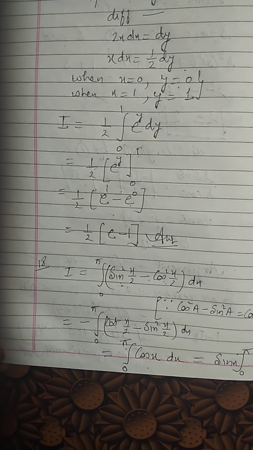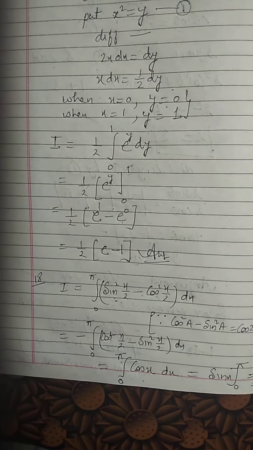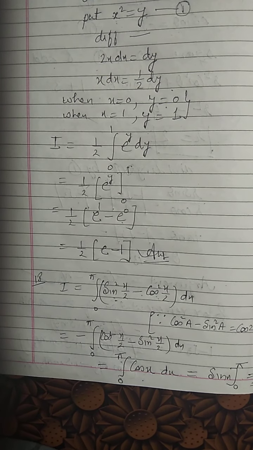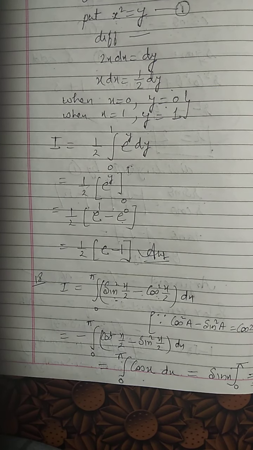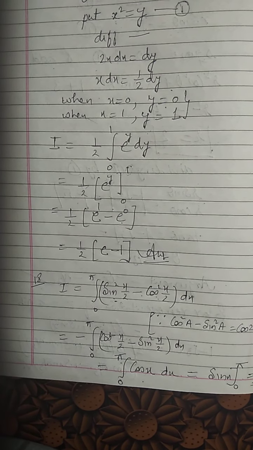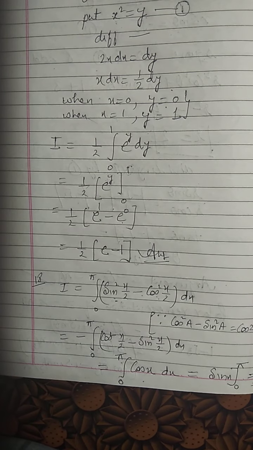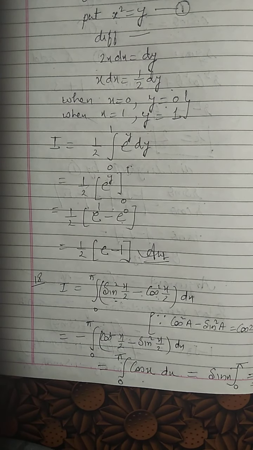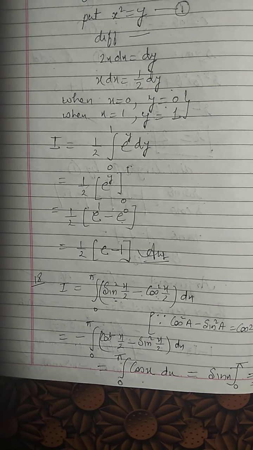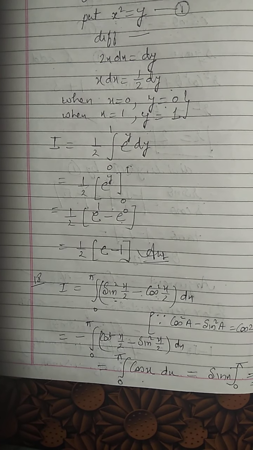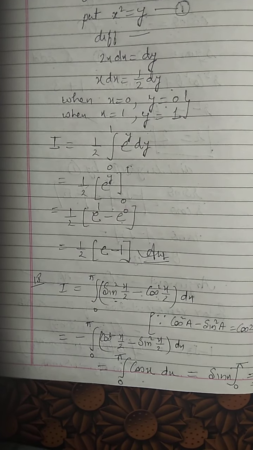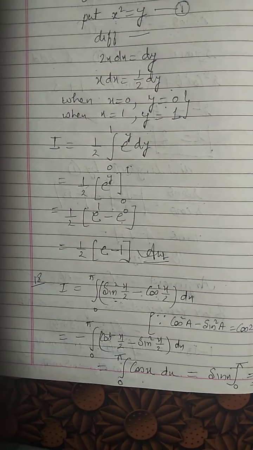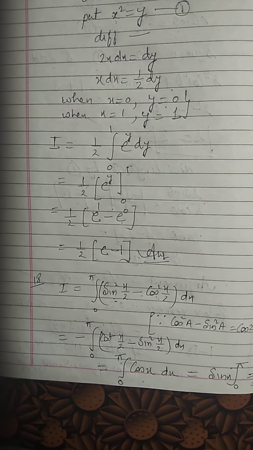Sum number 19, once again, as we have done sum number 14, same way you will do sum number 19. It is 6x plus 3 divided by x square plus 4. Same method you will apply. In the numerator we will substitute a times the derivative of the denominator plus b, or the other way, just separate the terms and then also you can do it, perfectly your choice, right?